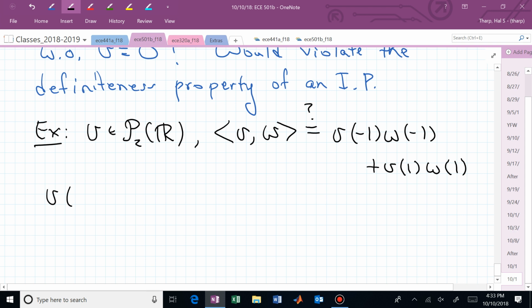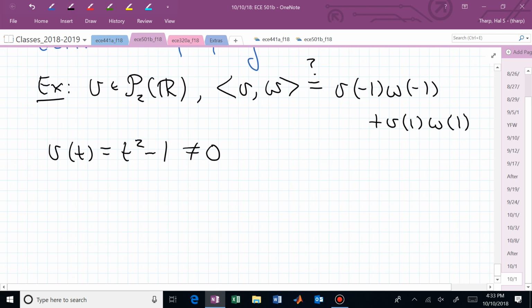And suppose I say, verify or find a counterexample that this is an inner product. Then somebody says, is that identically 0, V of t? No, because it varies as t varies. So this is not the 0 vector in P2. But if I looked at V with itself, using my definition,